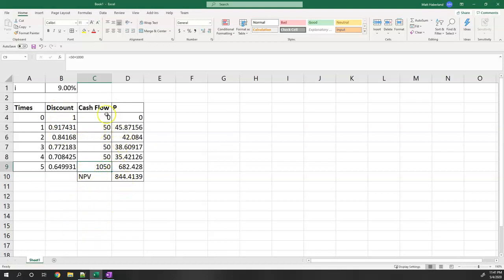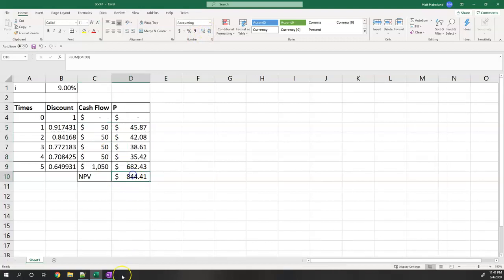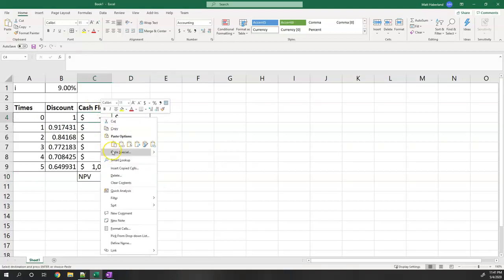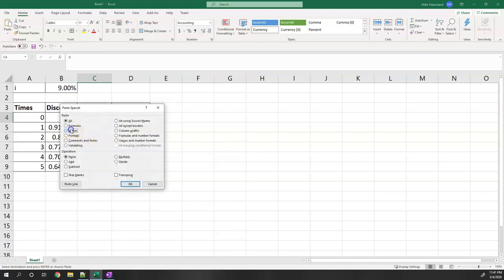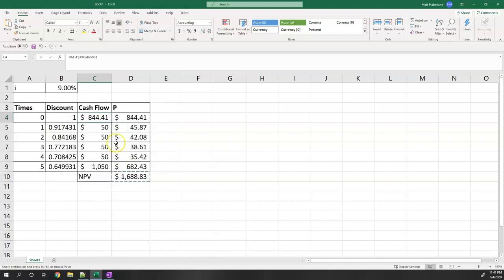If you don't consider the purchase price of the bond, there's no cash flow at year 0, then you'll calculate a net present value. Let's, I guess, put these all as dollars. Then you'll calculate the net present value as $840.41, like we did by hand. Now we can take this net present value there. I'm going to copy it, right click and paste special. I'm going to paste the value of it. So let's make that negative. That just gives me all the decimal places. I'll make that negative, and we can see that the net present value becomes 0.